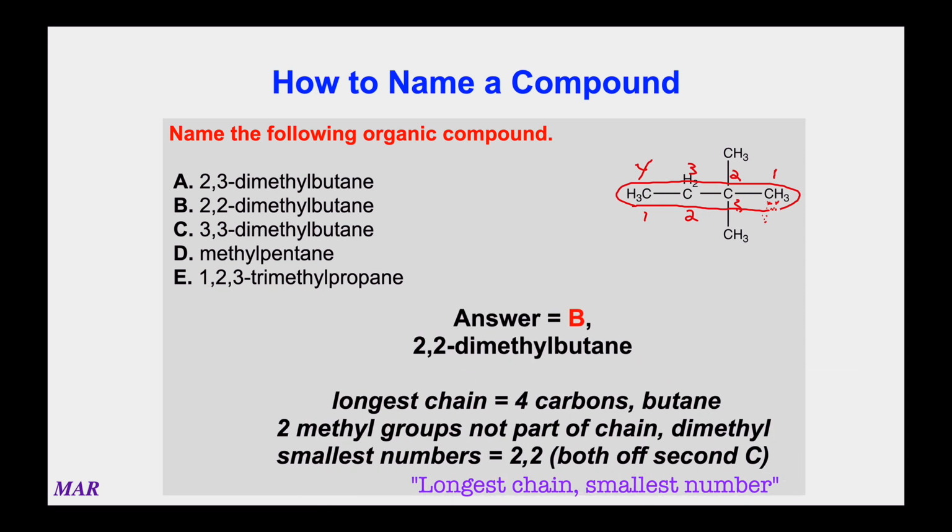So again, hopefully you're starting to see how this works. You circle the longest chain of carbon atoms, that's going to be the base, and then figure out the parts that aren't on the base, and you want to put them alphabetical, and definitely make sure you count both directions. 2,2-dimethyl would be a better name than 3,3-dimethyl.